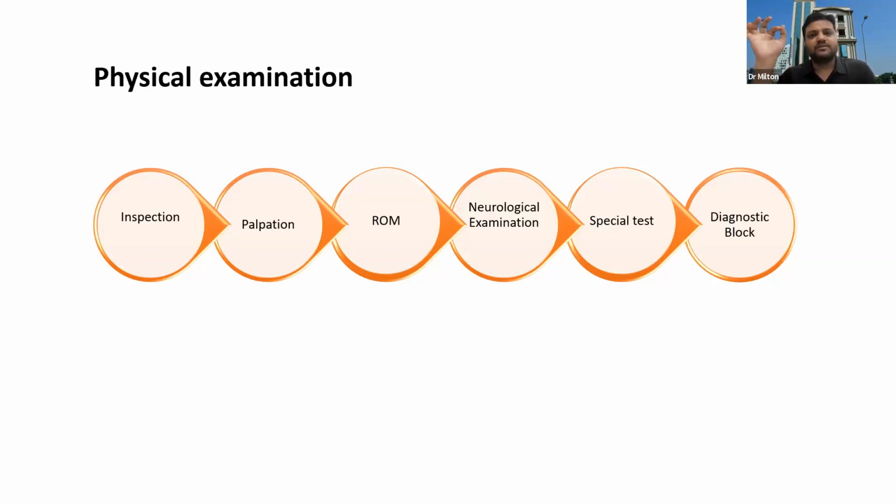So we give some lignocaine or bupivacaine, or sometimes we need both of them when we have a puzzle. So we use both of them in the dual diagnostic block, at least 24 hours apart